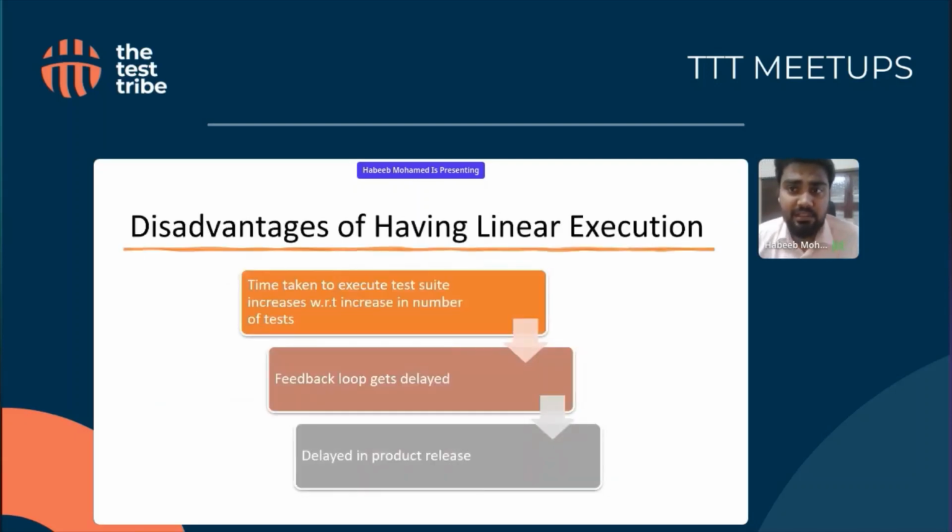So the major disadvantage, as we discussed, is that the time taken to complete the automation execution keeps on increasing with the addition of new test cases. Which means whenever the coverage in the automation increases, it obviously increases the time taken to complete it. Because of which the feedback loop from the automation regression gets delayed. As we all know, after the regression completes, we have to do the report analysis to figure out whether there are any open issues or any new issues we have found. So even if the execution takes 1 hour, or 1 day,